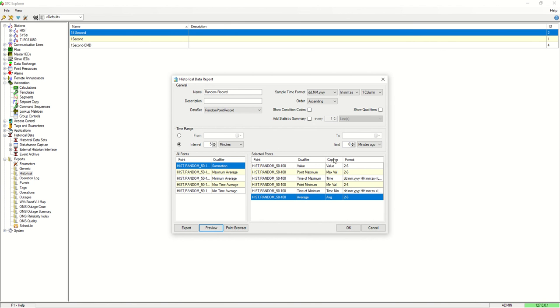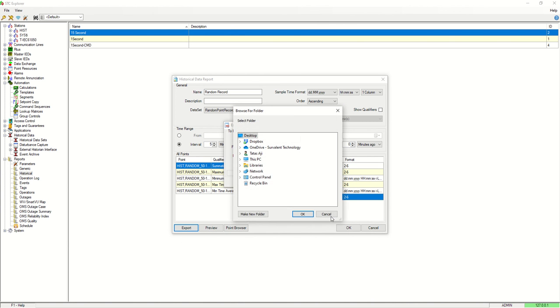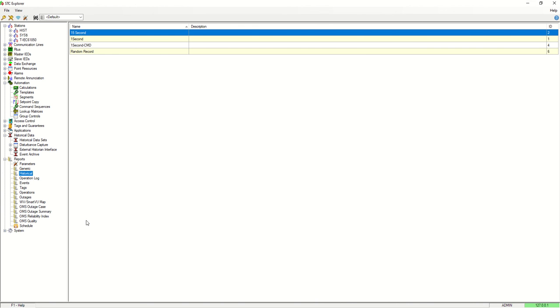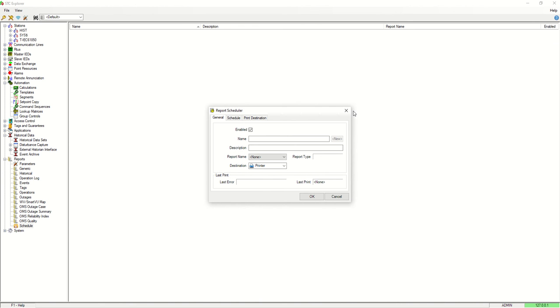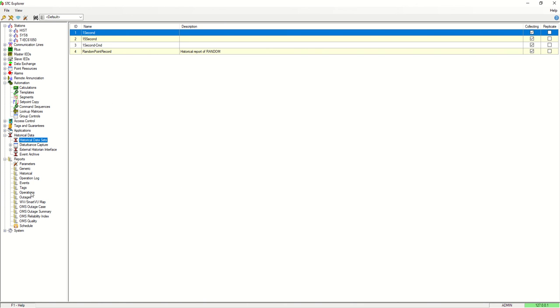Okay, now we are done creating the report. So if you want to export it, you can just export it in Excel or PDF format, and you can put the directory that you want to send it to. Then just click OK. If you want to create a schedule, you can use this. Go to the manual for these details. Then okay, that's all for the historical report. Now we start with the SCADA